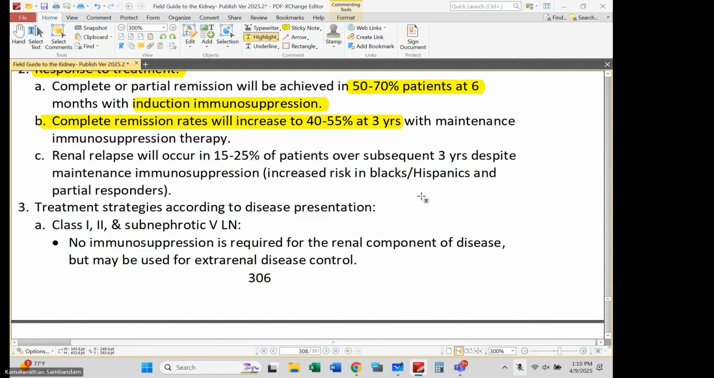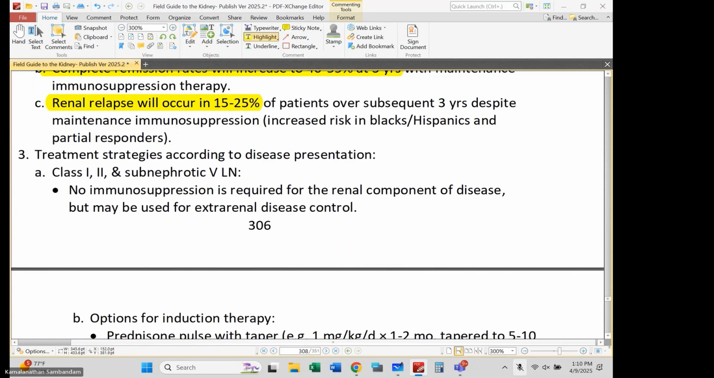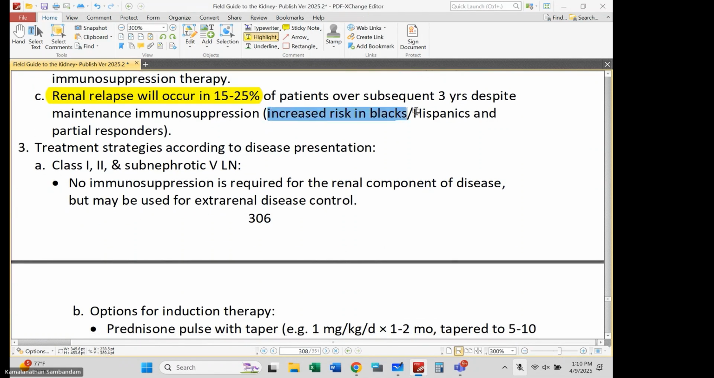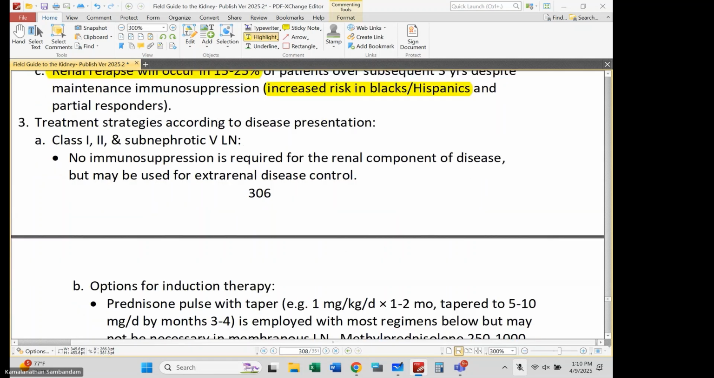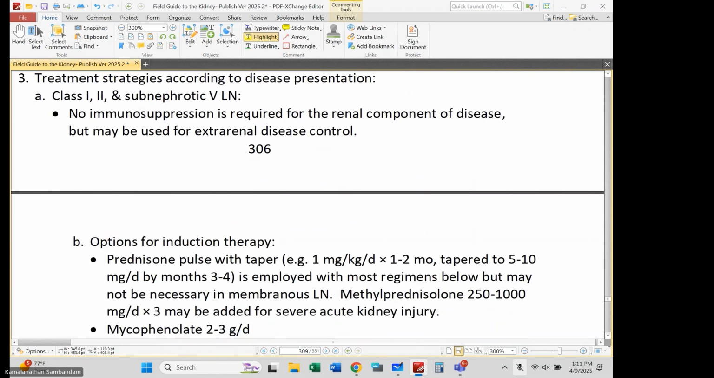Okay, renal relapse is common. Okay, so here's a rate of relapse that I'm invoking. Blacks and Hispanics and partial responders are more likely to have these relapses. Okay,